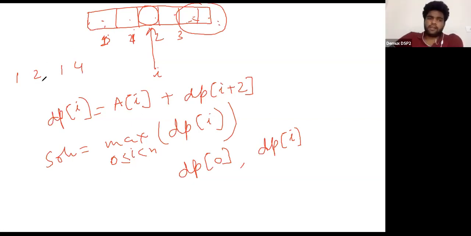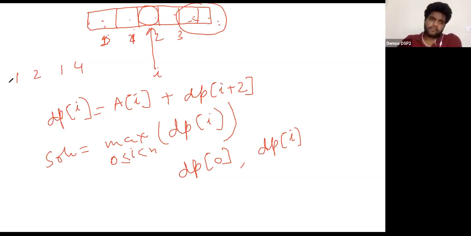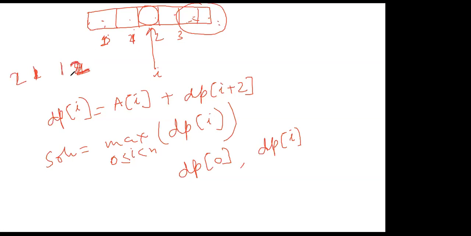No, for this you will get an answer of 6 in any case. Sir, take 2, 1, 1, 2. Okay, 2, 1, 1, 2. Then in this case, we will be considering only 2 and 1 and 1 and 2, but the answer should be 4, because